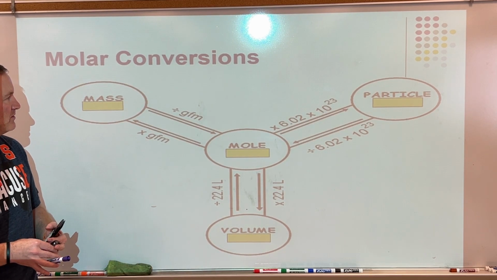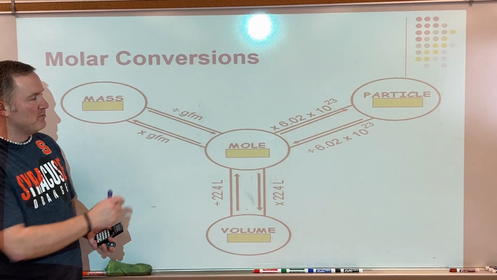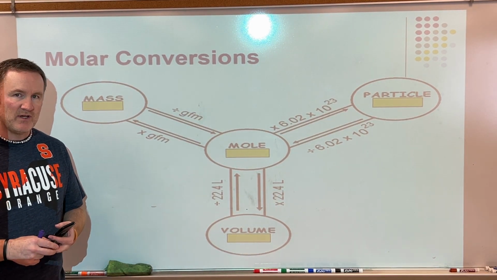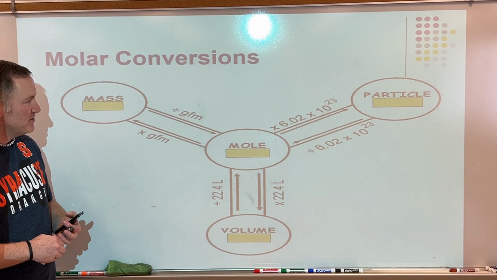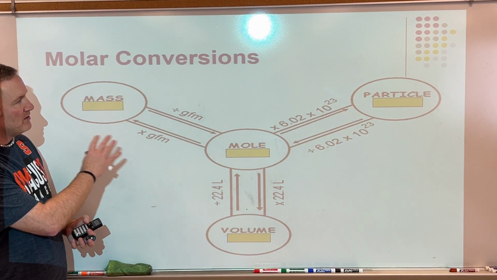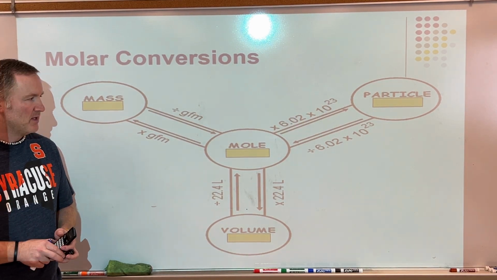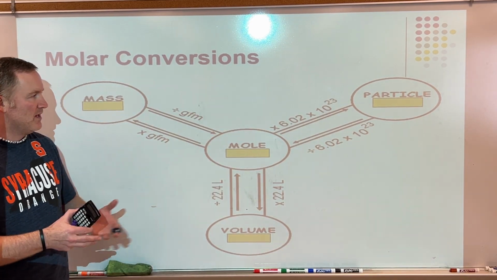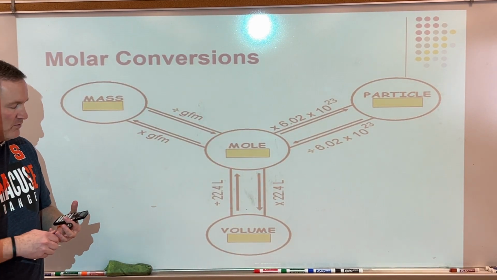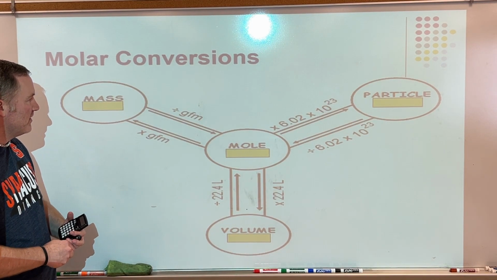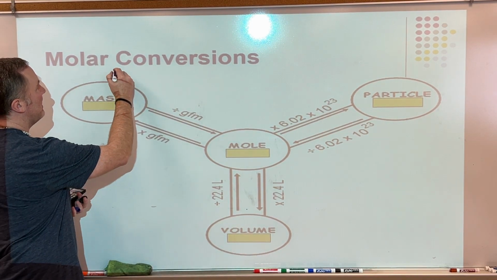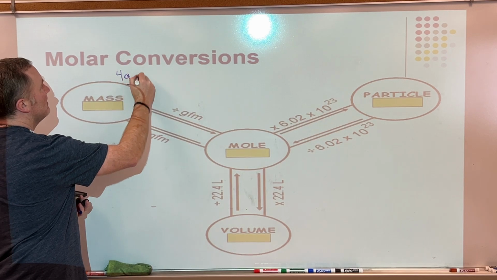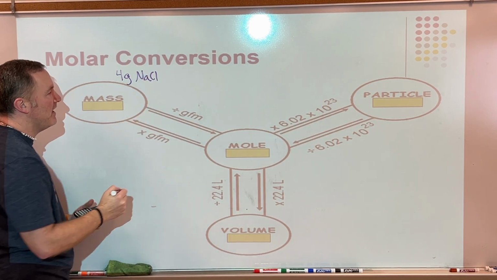Now, one of the most common ones is going to be between mass and mole, especially if you're taking the New York State Regents exams or New York State chemistry. To go between mass and mole, mole and mass, that's the one that appears the most. But once in a while, volume will appear in there, particles will appear as well. So I'm going to do a couple examples, just kind of walking you through how we would convert from one to another. So let's say, for example, I have 4 grams of salt,